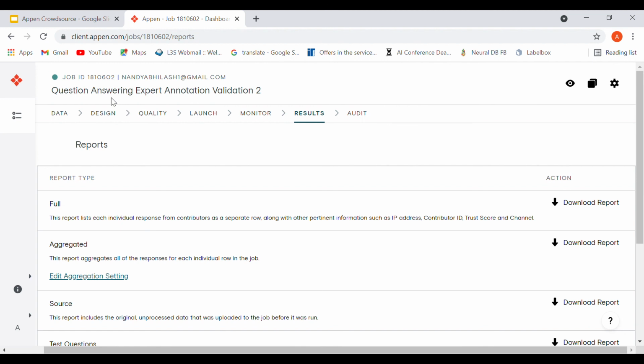But still, if we can estimate the right amount to be given to each crowd worker for a particular task, I guess that could alleviate that problem. Other than that, this is a pretty good platform to get started with your annotation task and then continue with your machine learning journey.